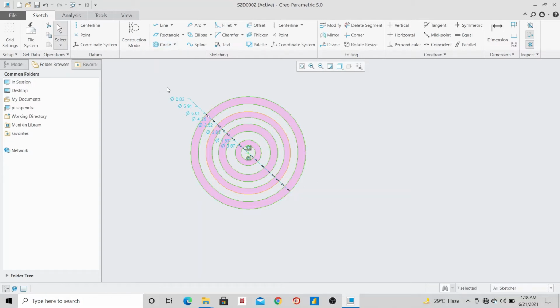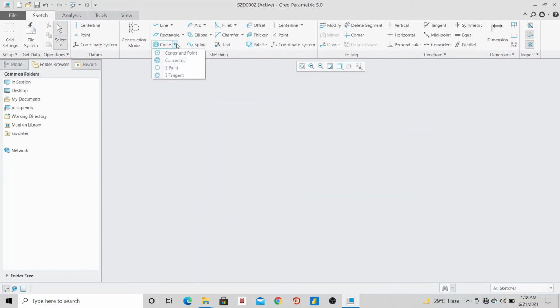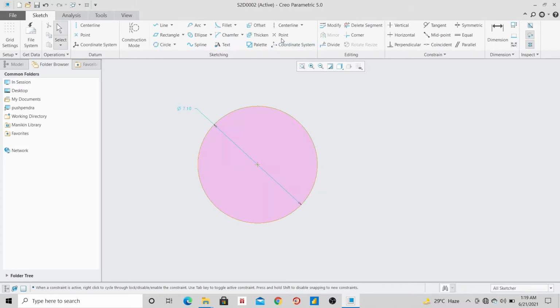And the next command that we'll learn is 3-point circle. If you want to draw a circle and you have been given 3 points, you can draw it easily by this command, like defining your points, 1st point, 2nd point, and 3rd point. Or suppose you have been given 3 points, 1, 2, and 3, and you want a circle along these 3 points, what you will do is go for 3-point circle, 1st point, 2nd point, and 3rd point. It will automatically draw the circle of those defined points.